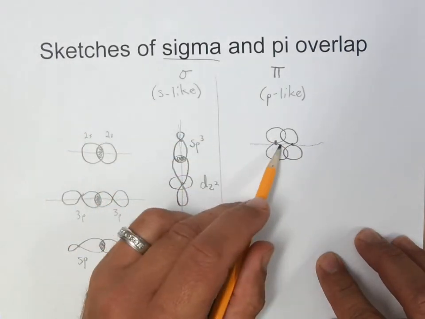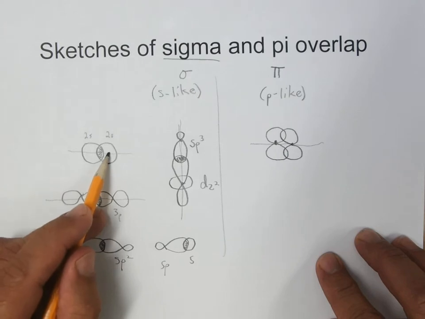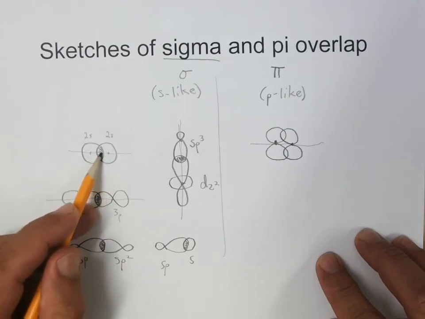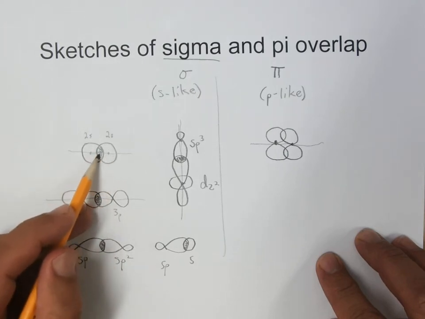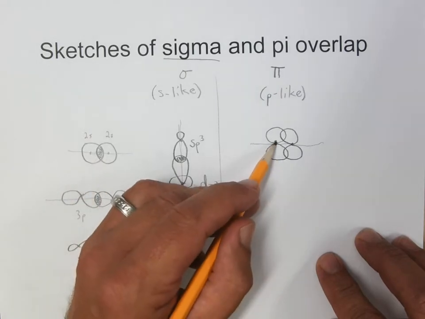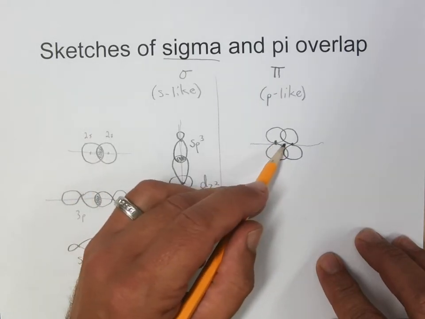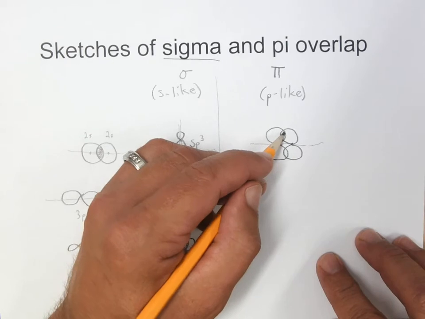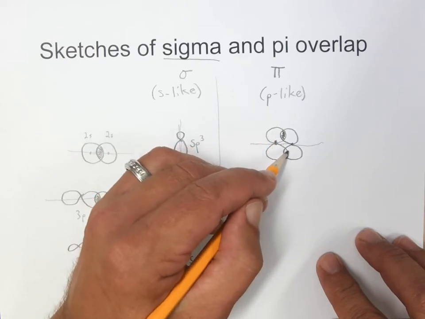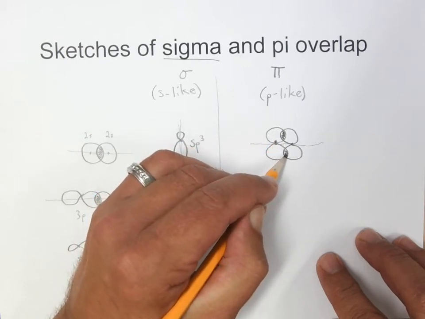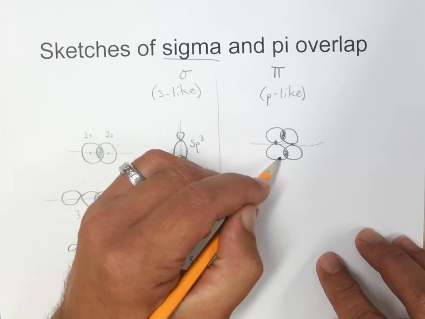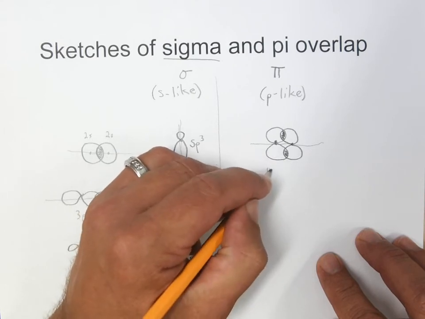Rather than right between the nuclei, like here, where along the internuclear axis you have this nice overlap, between the two nuclei there's nothing going on, but there's a double interaction above and below. So this is essentially one bond. This is a pi bond,